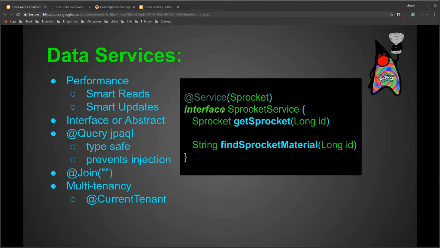But like I said, the reason they added this was that a lot of people, and I'm included in this, have written a getter that just does a get within a transactional service, but didn't use read-only with it. So this is going a step further, getting the idea of decoupling your querying from your other logic.